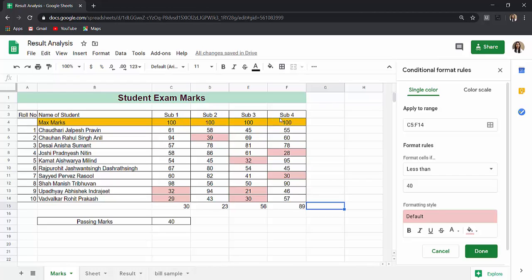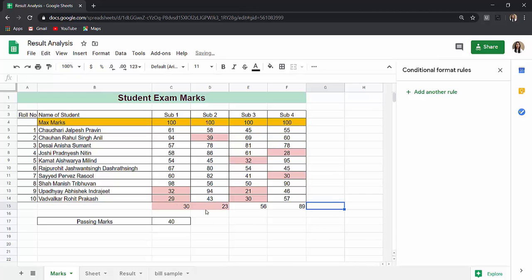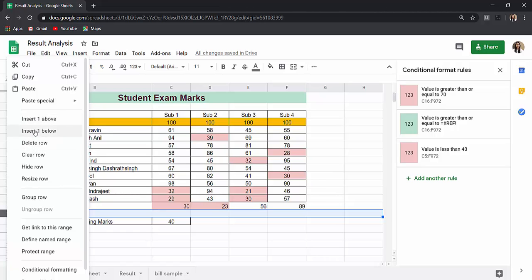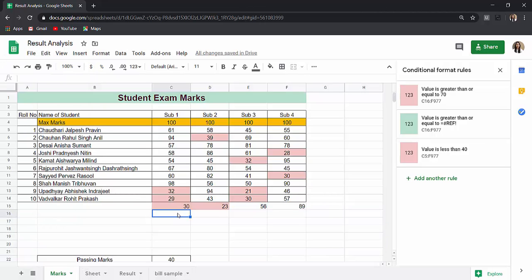So if you don't want to keep your formatting for restricted data and you want to apply it all over, then you can say the range starting from C5 to F. I am not giving the ending row, so it will cover all the rows coming under C5 to F. If I say enter or done, then you can see the rule is applied here also. If I insert a few more lines and add the data here also, then you can see the rule is applied everywhere.